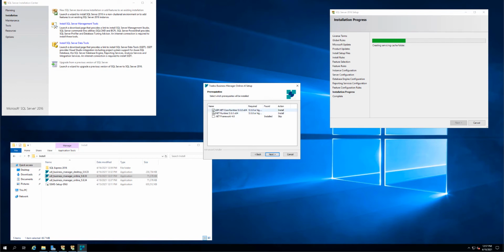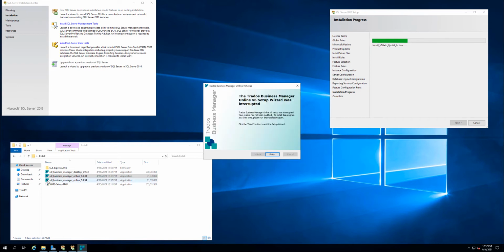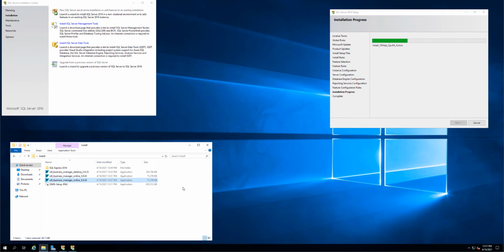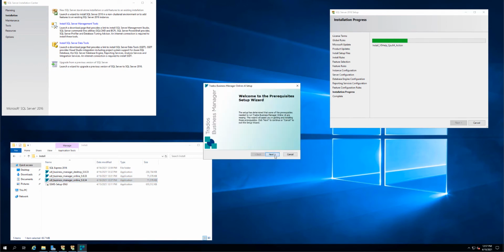Here it is not correct. It is not correct, sorry. If I run the last installer, here we have the correct prerequisites, and we need to install the .NET Core IIS hosting module